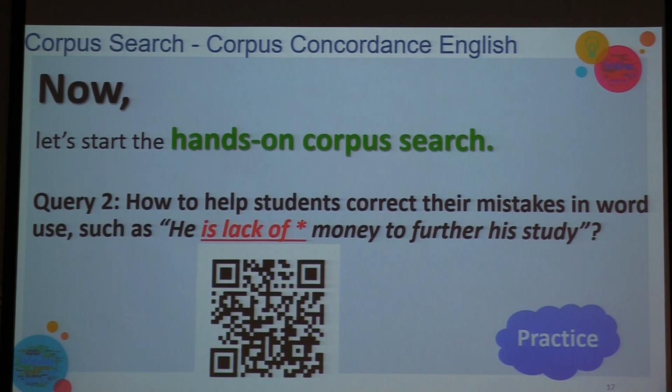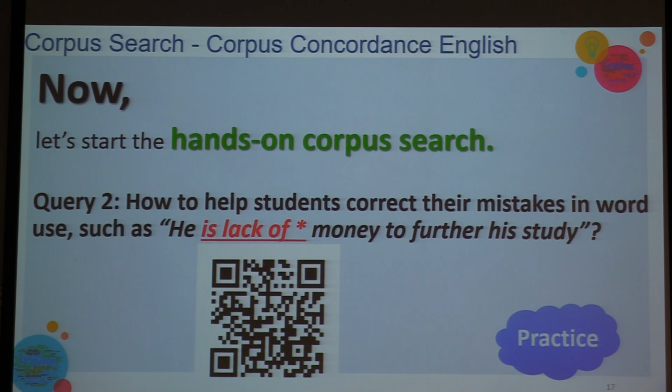If you don't have a mobile device, you can share. Maybe you can find a partner to work with. Share with your partner. Because doing corpus searches for too long will be very boring, so we suggest that you make students work together, discuss, talk and share ideas. You can lessen the boredom associated with just corpus learning. And if you have a problem, just raise your hand, and our people or myself will come to help you.